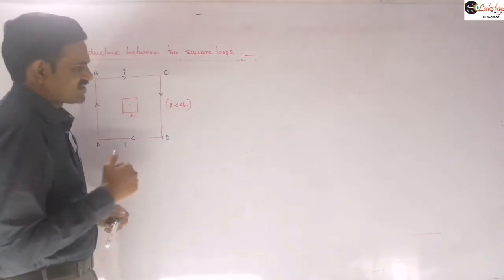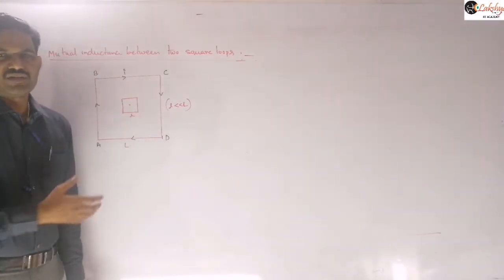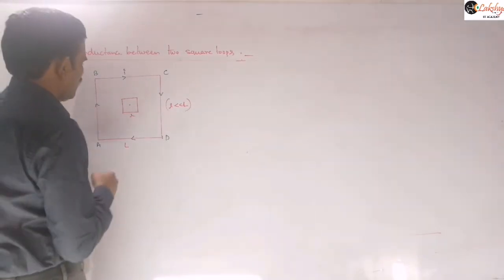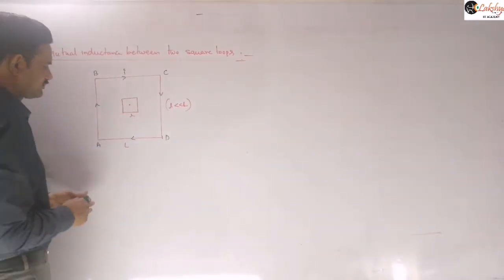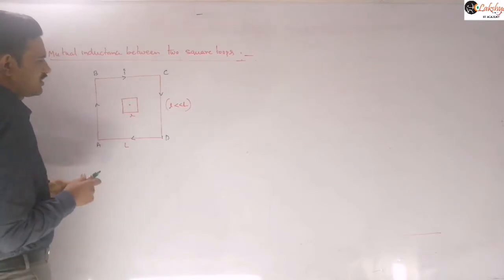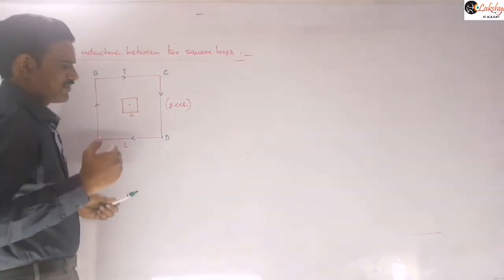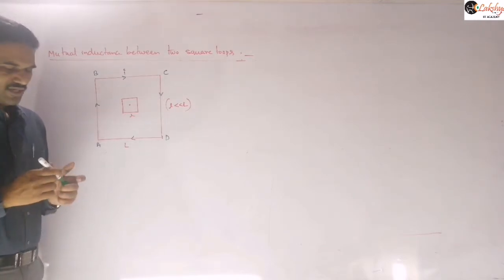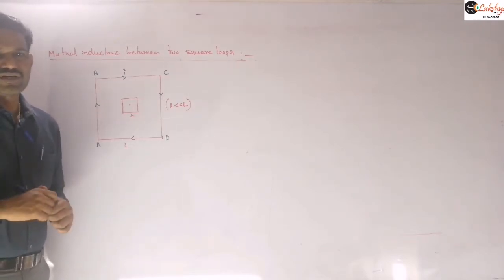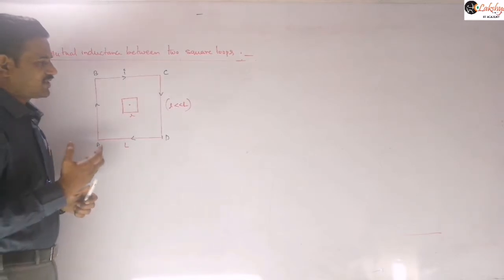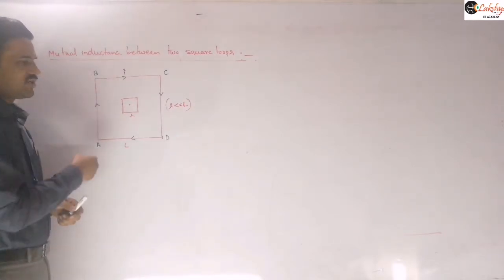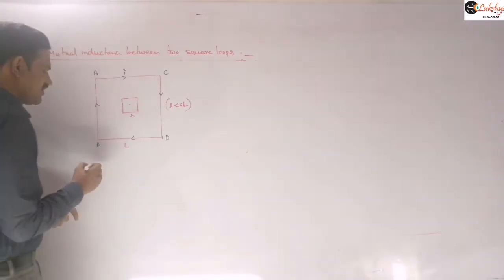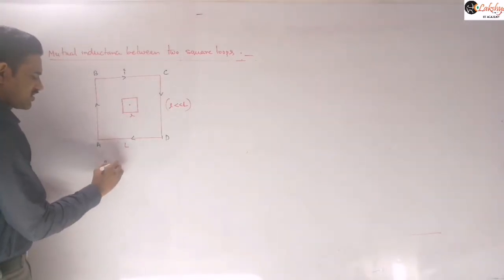Again, our procedure will be the same. To find the mutual inductance between them, we need to find the magnetic flux passing through this smaller square loop. So let us do that calculation here. For that we need to go back to our previous topics, the magnetic induction due to the square loop we need to calculate. For the square loop, we find it for one side and multiply by 4. So for that we need to write the formula for the magnetic field due to a straight line. I will just mention that formula here.